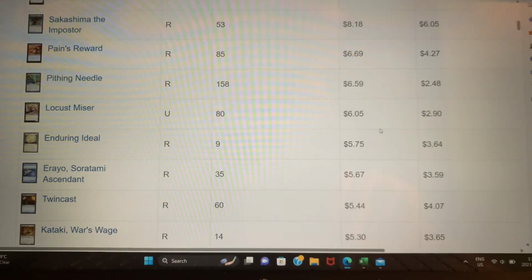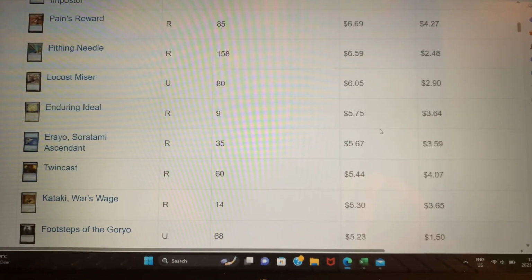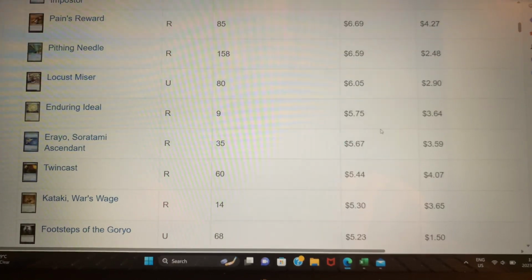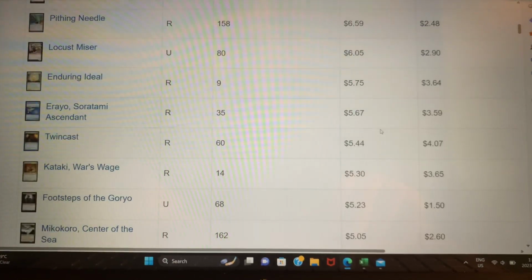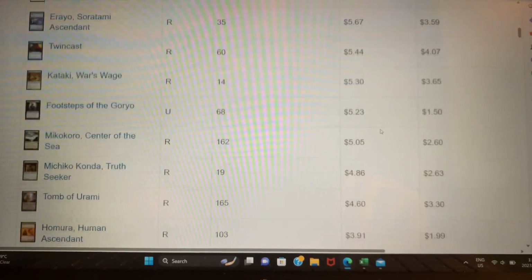I don't know, maybe... I don't see them reprinting Pithing Needle. There's like a ton of them. Locust Miser might get hit. Something like Footsteps of